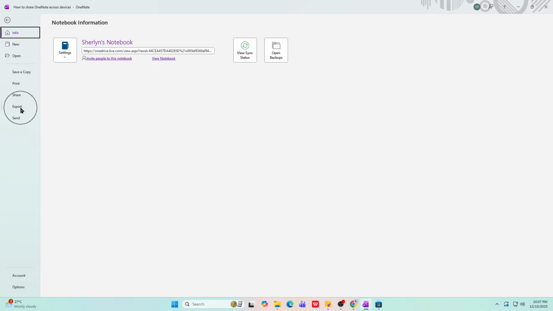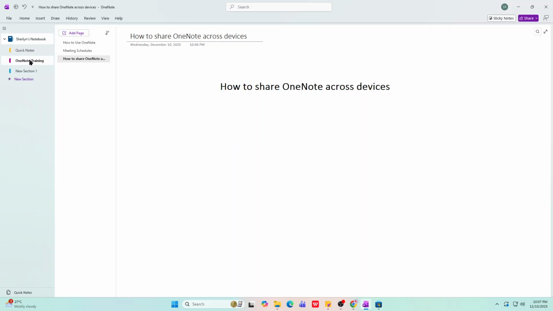Now select your format. If you want to preserve the OneNote structure so it can be re-imported later, choose OneNote package with the .onepkg extension. This is ideal for full notebooks and sections you plan to move, restore, or share with someone who will continue